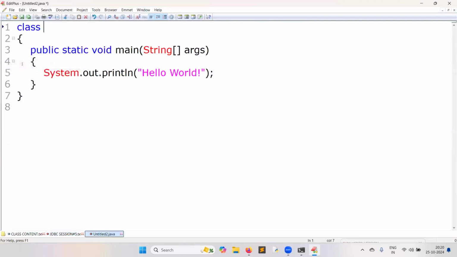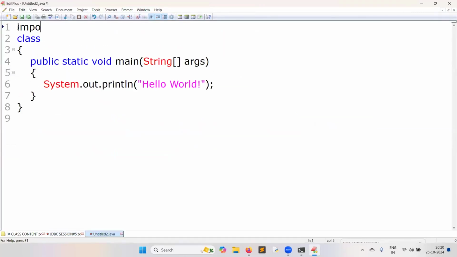Yesterday we were doing the connection application. Once again, let me try to do it. Import java.sql.*; class ConnectionApplication.